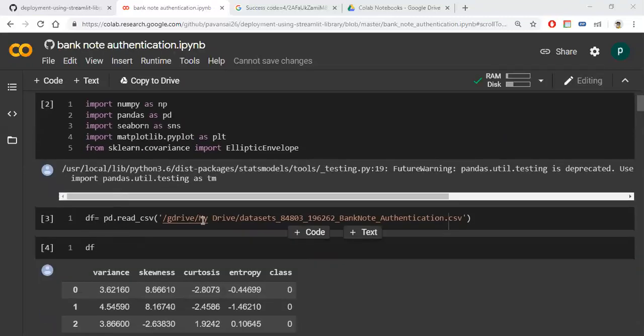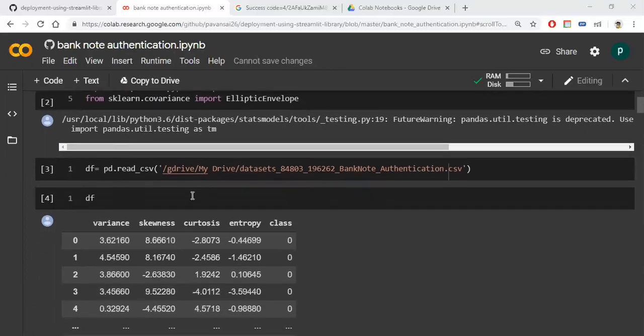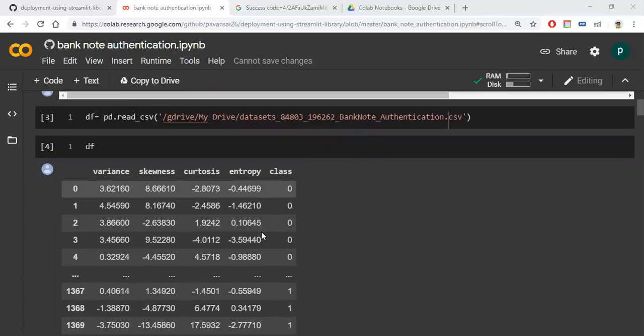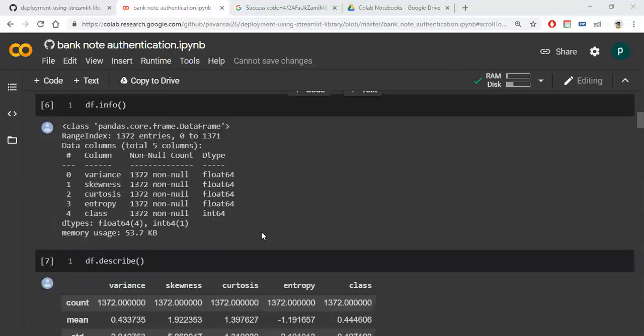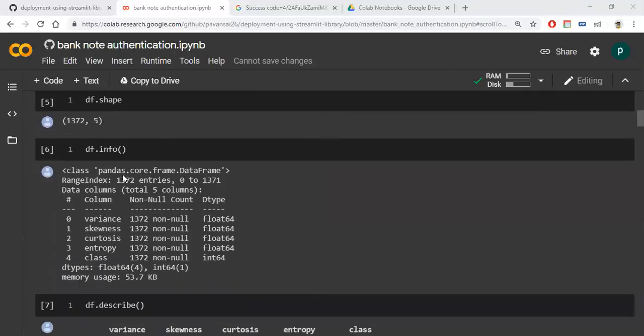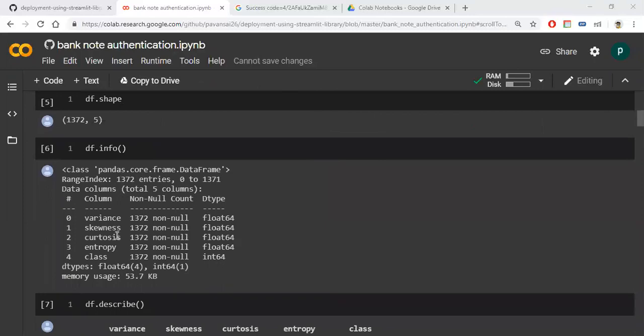Then I am using the banknote authentication dataset, which I downloaded from Kaggle. If you want this dataset, you can go to Kaggle and search for banknote authentication. So this is the data. It has the features variance, skewness, kurtosis, entropy.